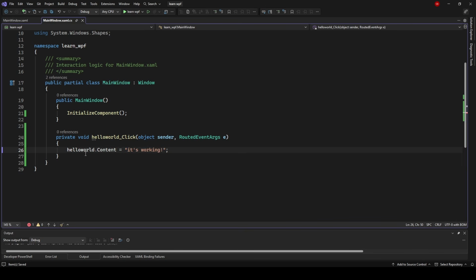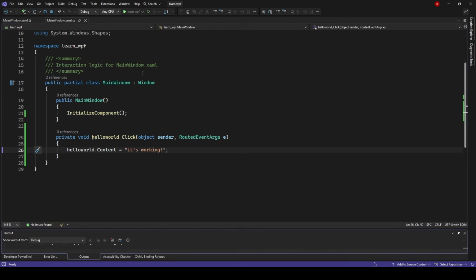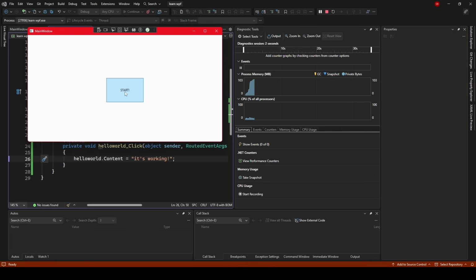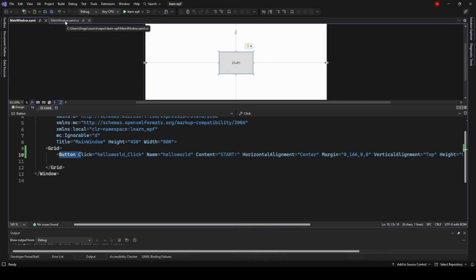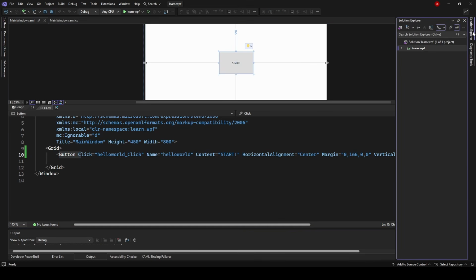Now this should only happen when we click the button. So if we press it, now I can press it and it's working. As you can see, it's extremely easy to use WPF to set up buttons and event handlers and stuff like that. Now if you want to actually access the app, you want to have an executable file, let's just go